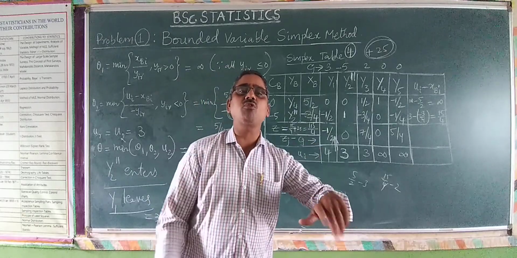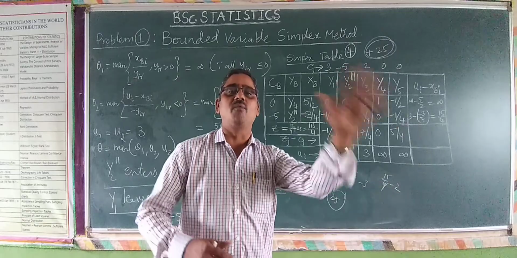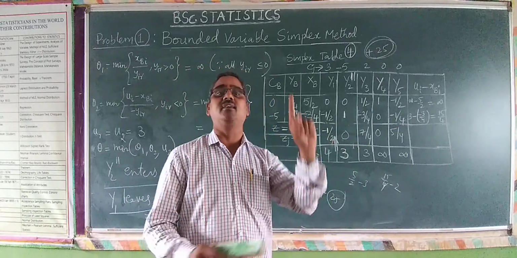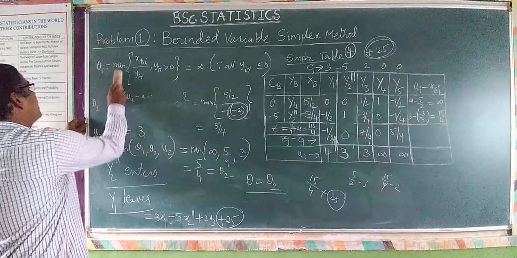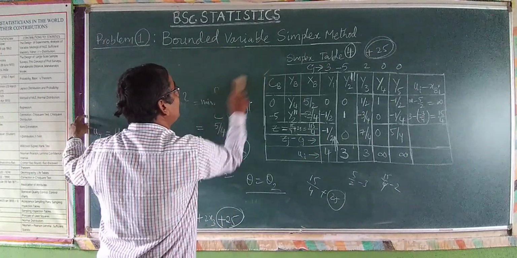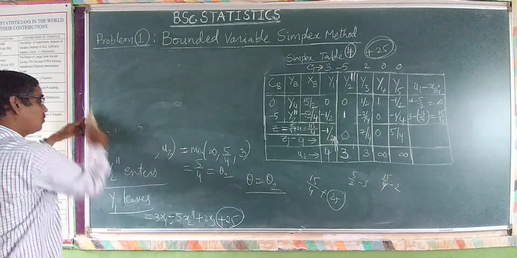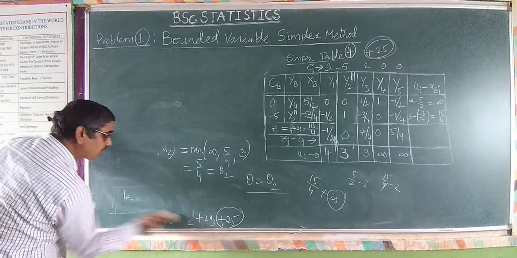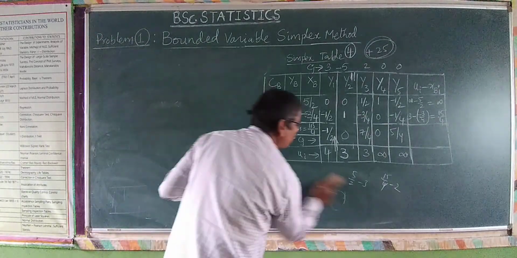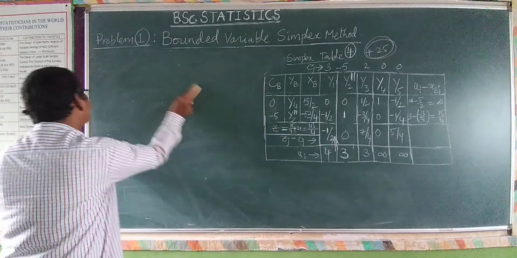For which you have to substitute at its upper bound and put at 0 level. These are the 2 points you have to calculate for x1 non-basic. Right? That is what now I am calculating, the further 2 particular points. In the same case, theta is equal to theta 2, we are calculating now. So now it is required to consider that x1 is non-basic. Please note down that particular point very clearly so that you can do the further calculations.